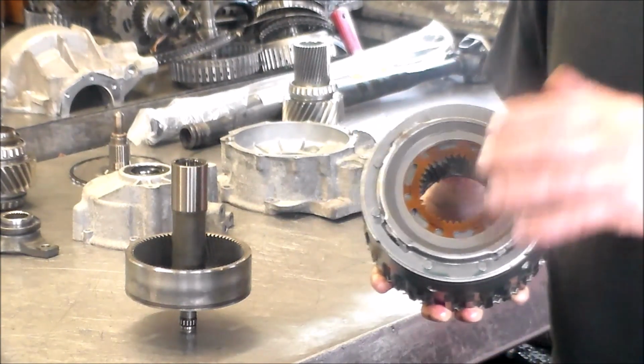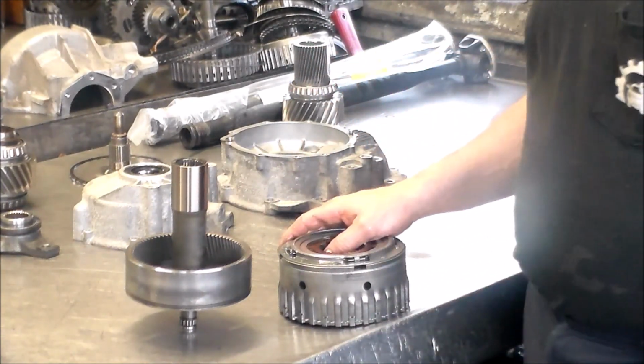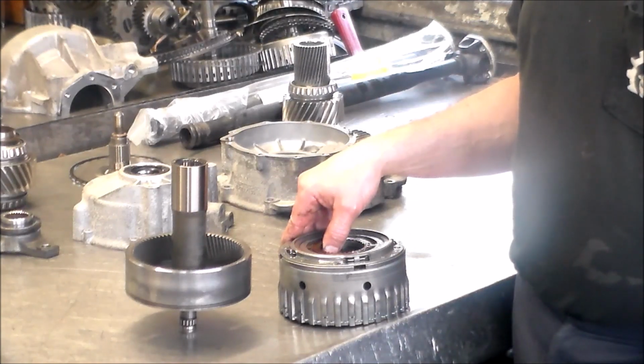But when you turn the wheel and you get the chopping, my recommendation to you would be to